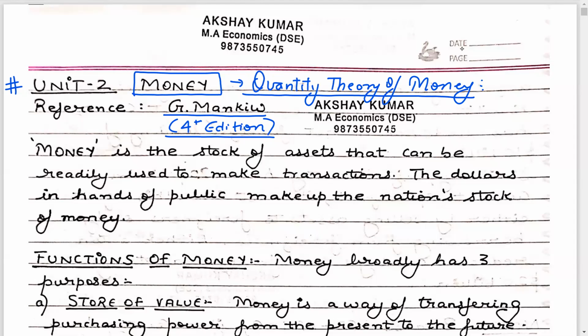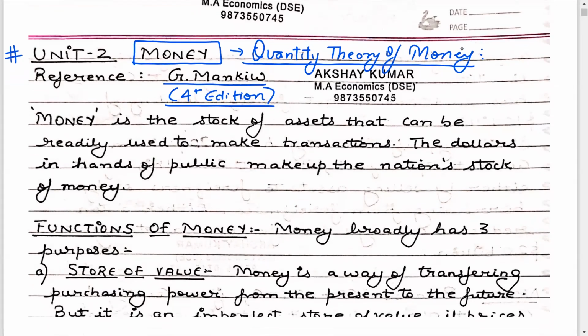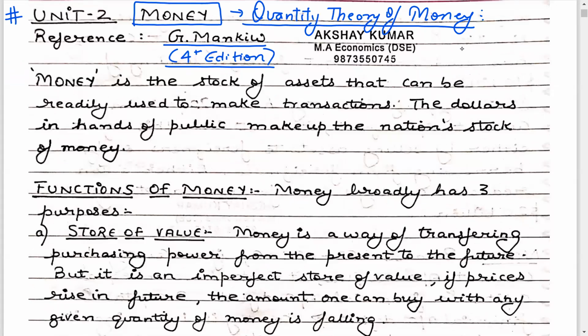Okay, so first of all, let's quickly start by just recalling the definition of money which we have done in high school economics. So when we talk about money, money not only includes the cash we hold. Any stock of assets which can be used to make transactions. Now, when I talk about making transactions, it simply means buying goods and services. So any particular form which can be used to make transactions.